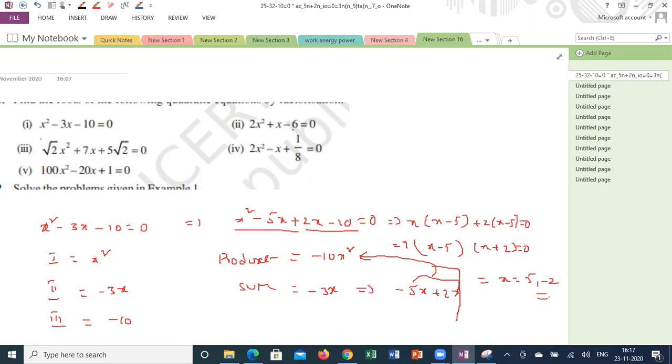Wherever you are unable to split the middle term, you can go for some other alternate method. It's your wish if no particular method is mentioned. You can do it in any method, but if they mention a particular method, you have to proceed with that particular method only. So 5 questions, post it, everyone. I'm expecting an answer from everyone.